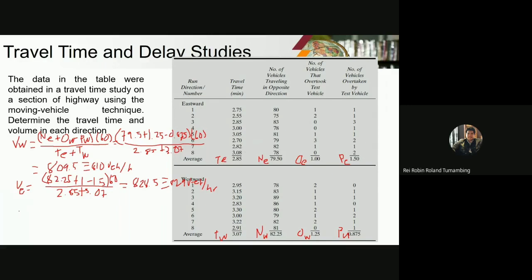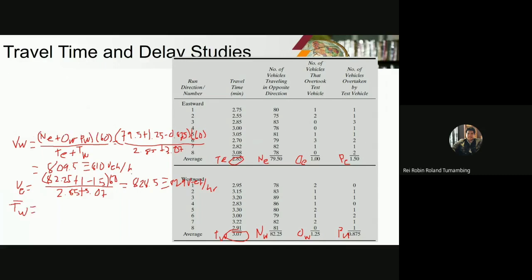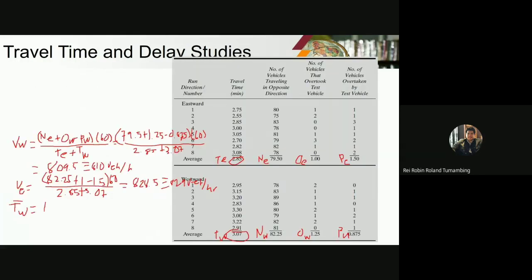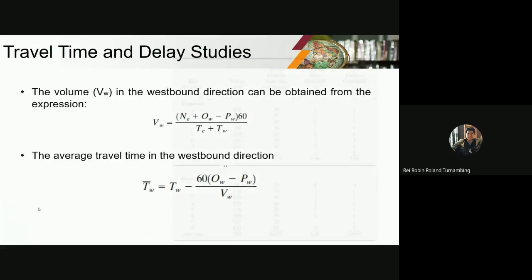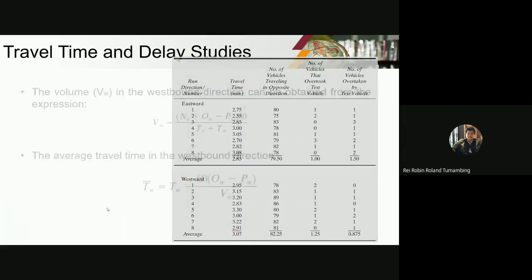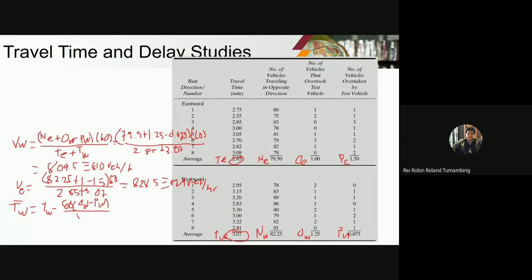Okay? So for average travel time. Okay? So hindi pa ito yon. Hindi pa yan yung in-average mo lang. Okay? So yung TE mo, unahin natin ang TW, average travel time. So that is equal to this equation. So TW is equal to TW minus 60 times OW minus PW, okay? Then over the volume. Okay, so that is 3.07